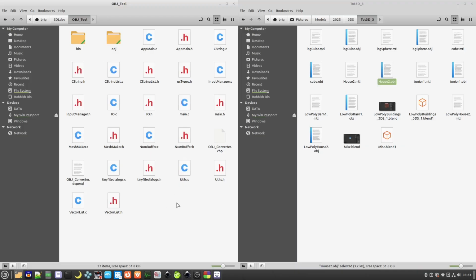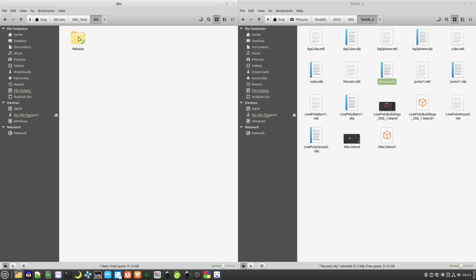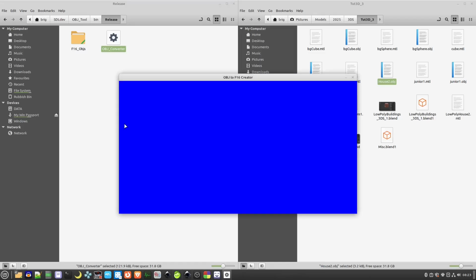It will need you to have the SDL2 library already configured on your machine to build it, as that's what it relies on. And then this should just end up with an exe file on Windows, or this file here